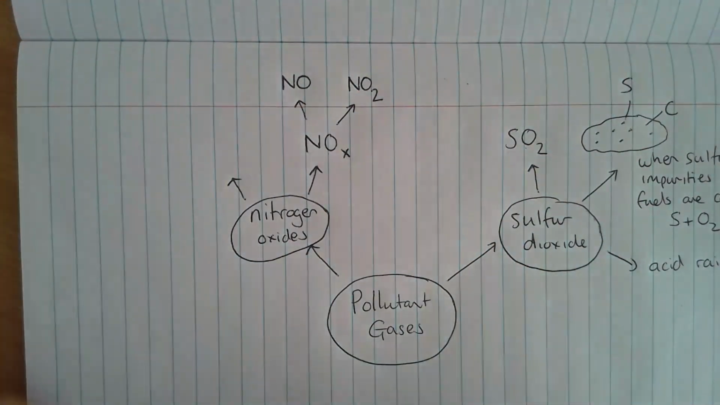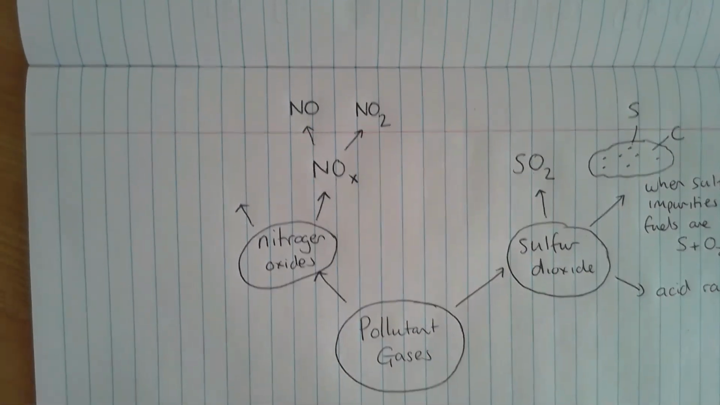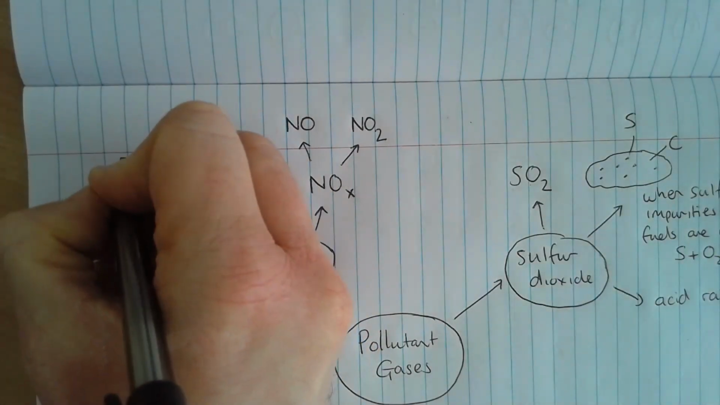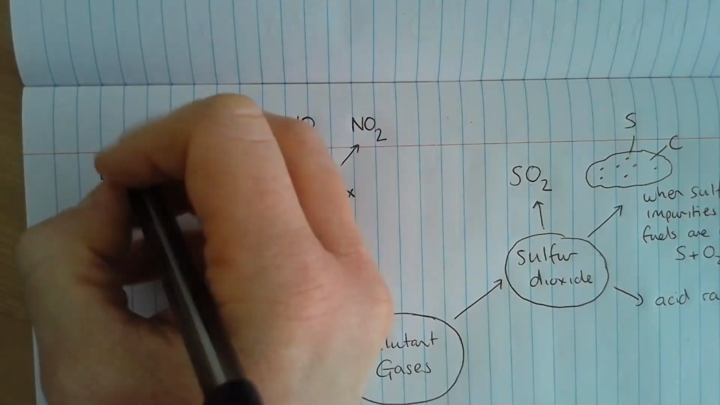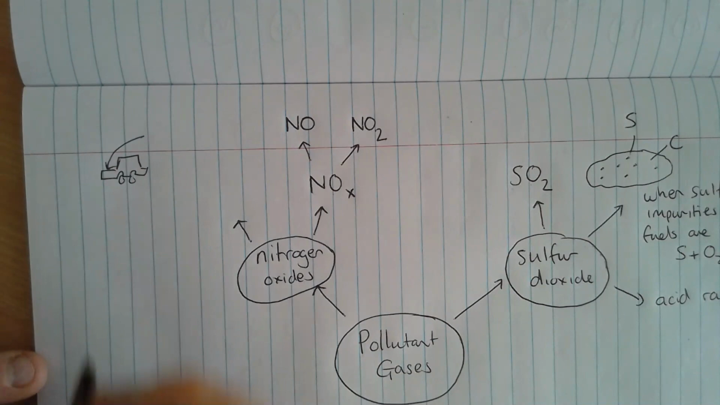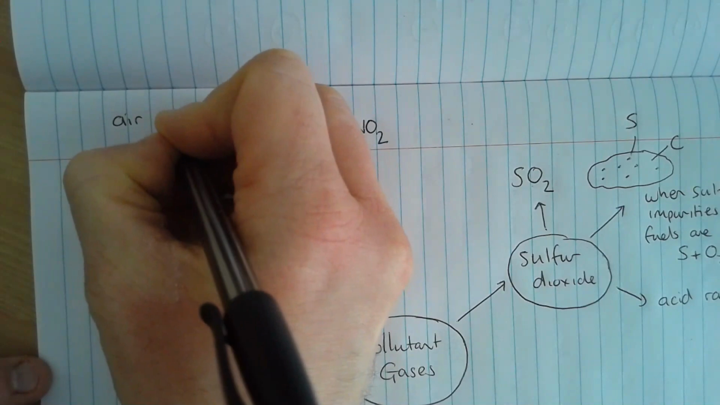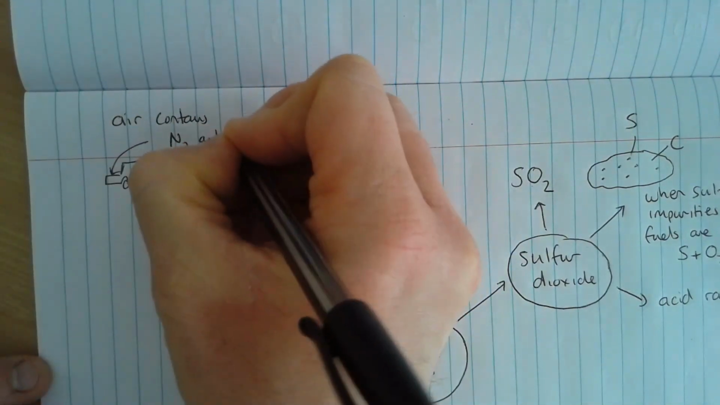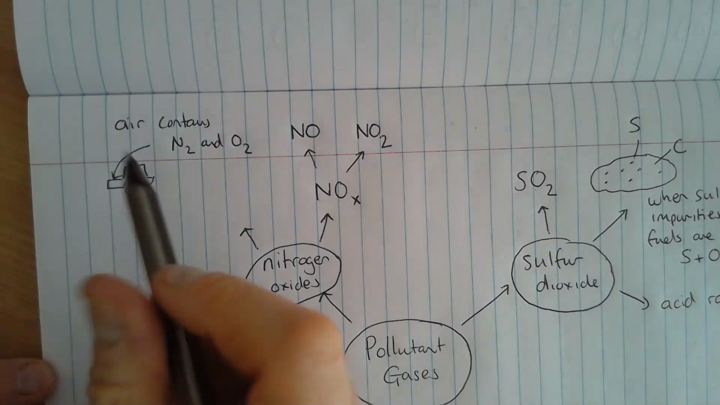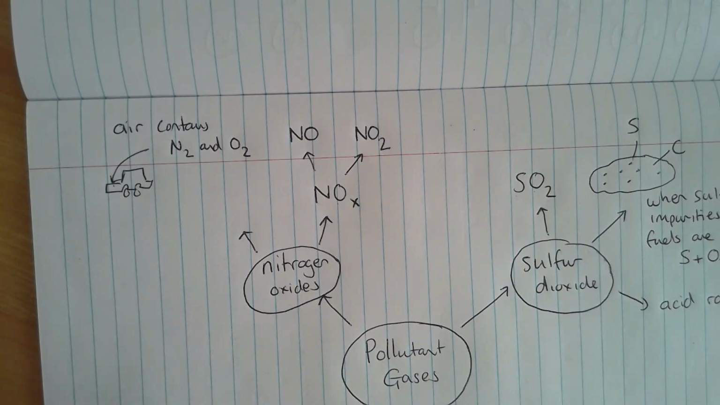Nitrogen oxides are formed during a reaction that takes place in car engines or any internal combustion engine. So just as a little reminder, you're going to get a really bad drawing of a car here from me, and then I'm going to point to the car engine there. And what happens is air contains N2, nitrogen, and O2, which is oxygen. The engine of a car is at a very high temperature and a very high pressure. So the air, which contains nitrogen and O2, reacts